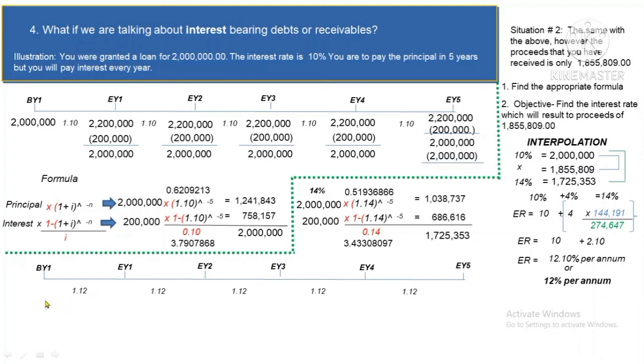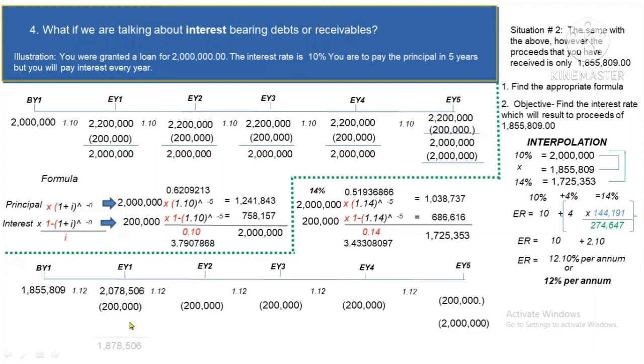So according to the problem, you have a present value of 1,855,809. And then, you're gonna pay after the end of 5 years a principal of 2 million, and you're gonna pay interest of 200,000 each and every year. So, let's see if ever this 1,855,809 debt of yours will really become zero at the end of year 5. So, 1,855,809 times 1.12, you have 2,078,506 minus 200,000, you have